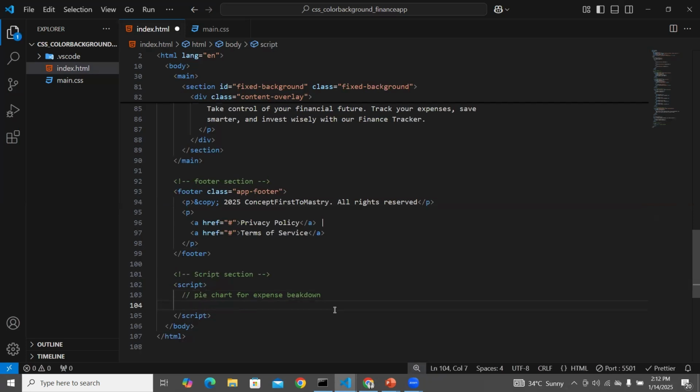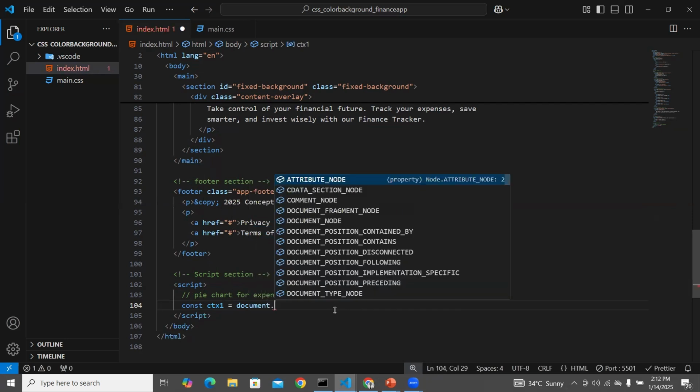So underneath here, we are going to have const. Don't worry about this, because if you don't know JavaScript, you may actually struggle with it. I'll just try to explain what is going on. And that's why you should look out for my JavaScript section once I start, right? So document, once you are in the JavaScript world, JavaScript actually can convert your HTML document into JavaScript object notations that you can now interact with like